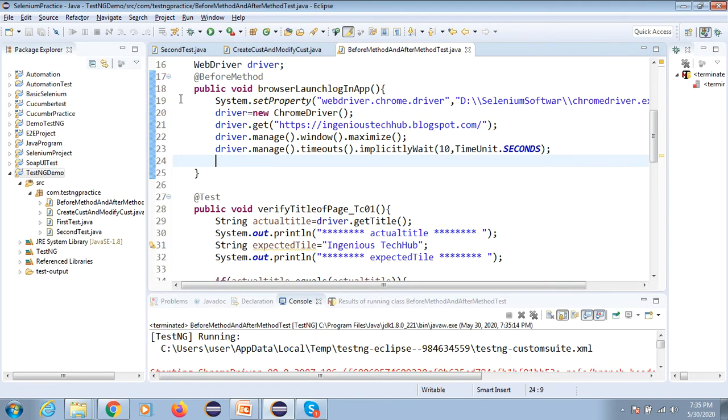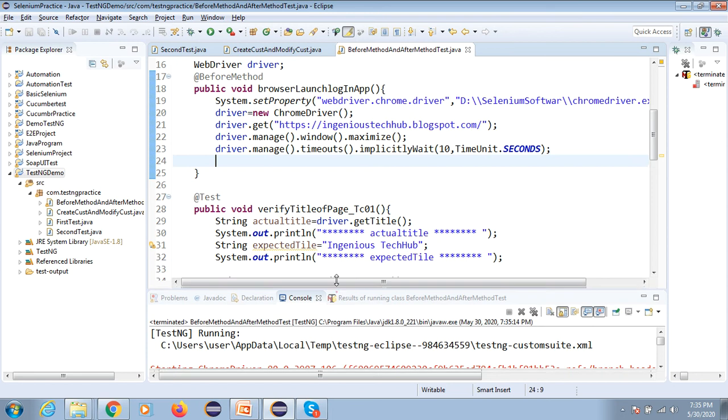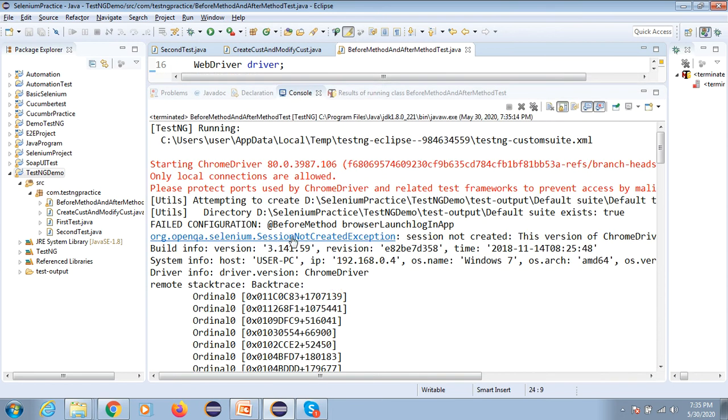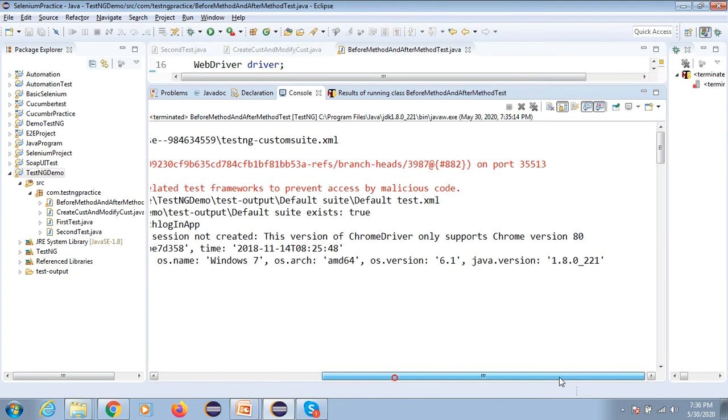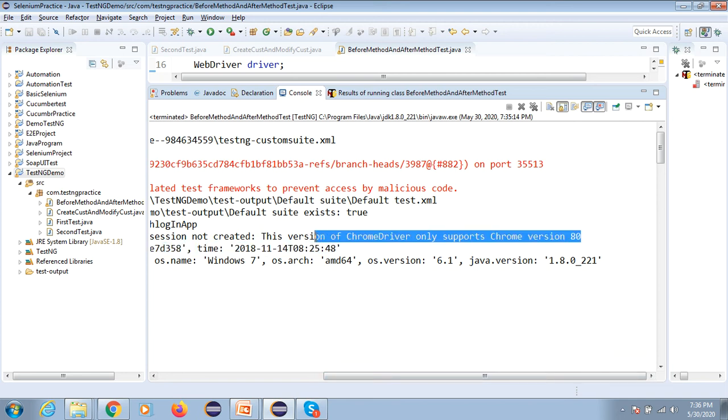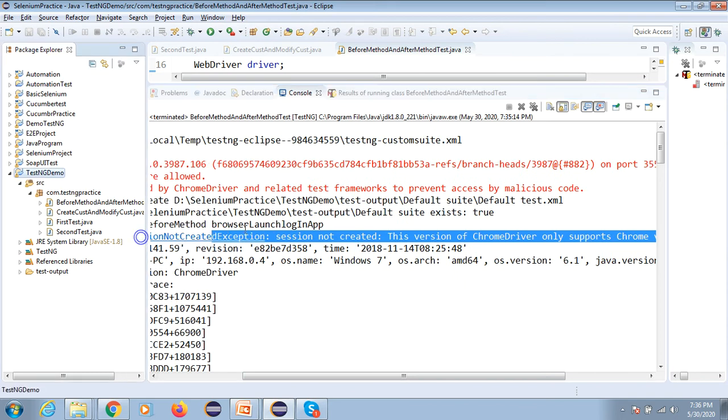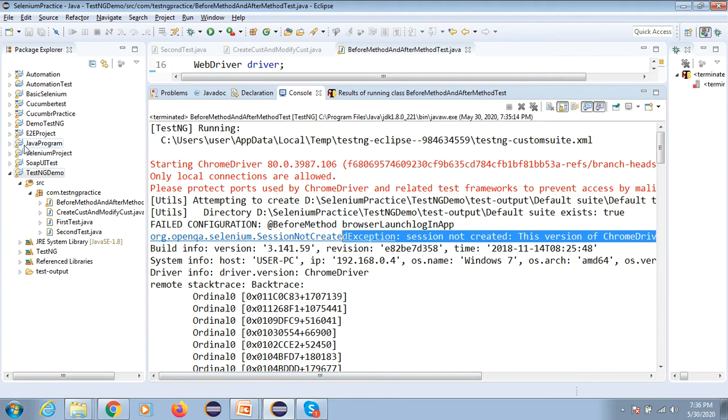See, sometimes this exception will come, so you can read this. What is the problem with your Chrome version? It is not working. Download the latest driver version, okay, then it will work. I checked with version 3 and 4, and it is working fine. So like that you have to do.